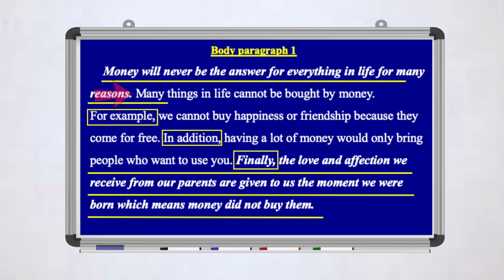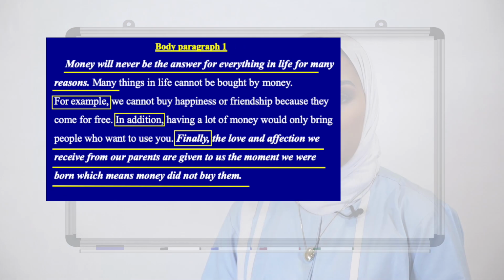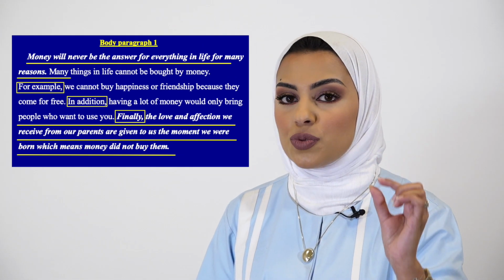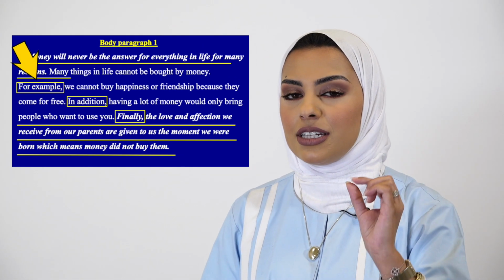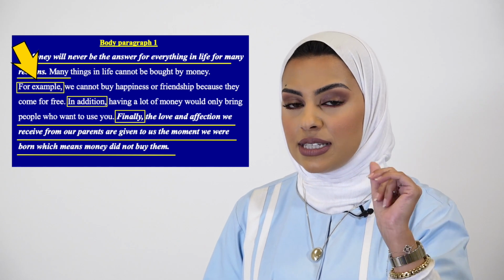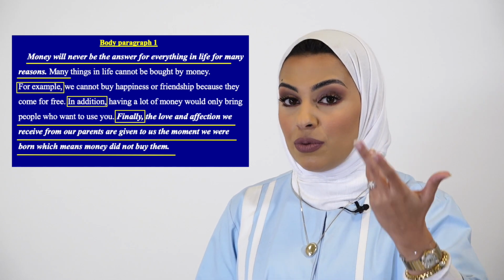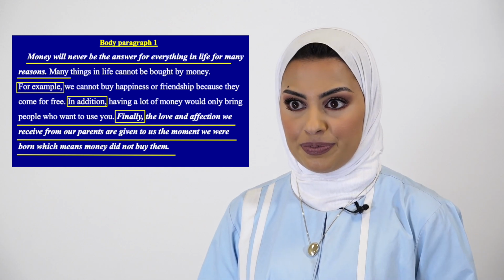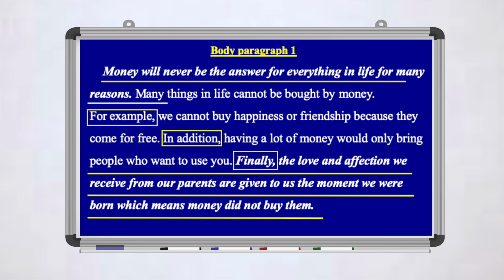This is the topic sentence at the beginning of the paragraph, showing the reader where we're going and what are the ideas that we will discuss. Many things in life cannot be bought by money. For example, we cannot buy happiness or friendship because they come for free. Notice that I began this sentence with the words for example. It's a connector. It will give the reader a hint that I am providing examples from real life. In addition, I'm adding to the point before,